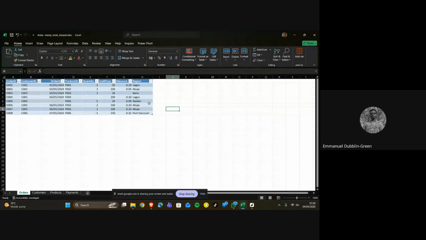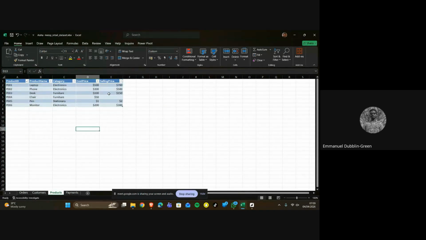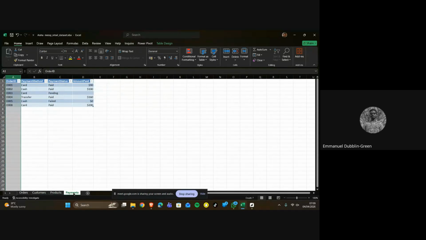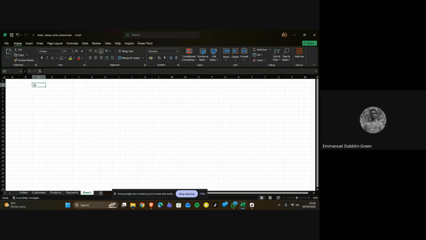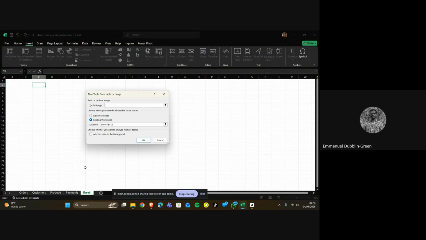Right? So that's data. We haven't seen other factors here. So we have customers, we have a null value here, we have products, same thing, we have payments. Like I said, you can create a new sheet and then click on insert, drop down list from table and range. So now let's do a pivot table